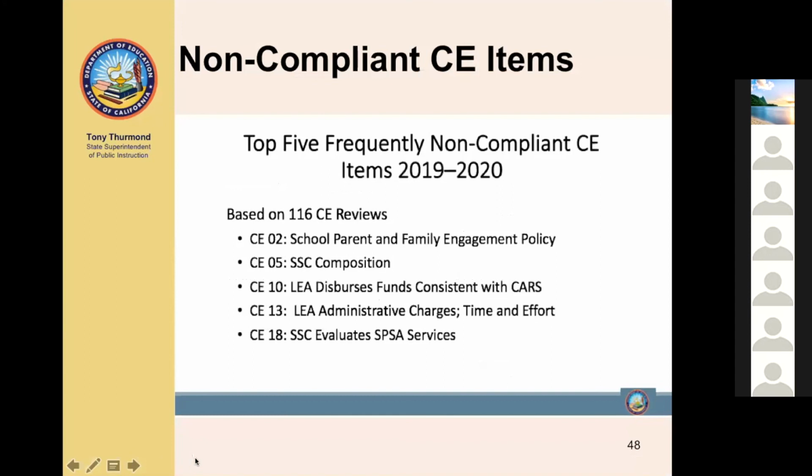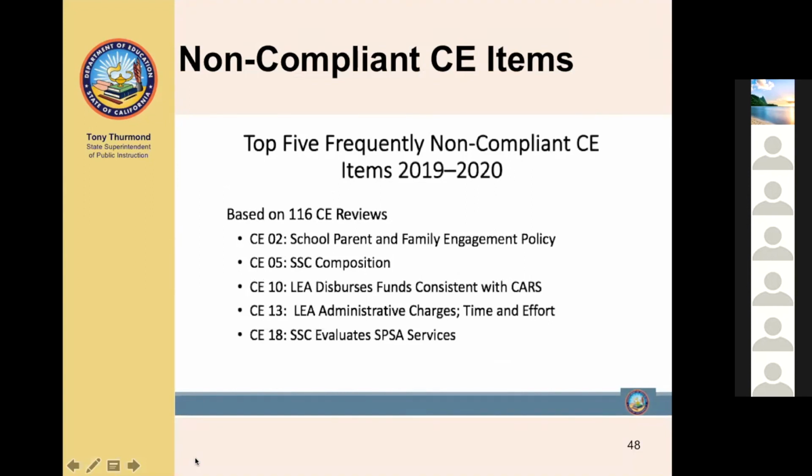In reflecting on last year's FPM reviews, there were 116 reviews that took place. For the compensatory education, the CE program, there were the top 5 Title I findings of noncompliance.